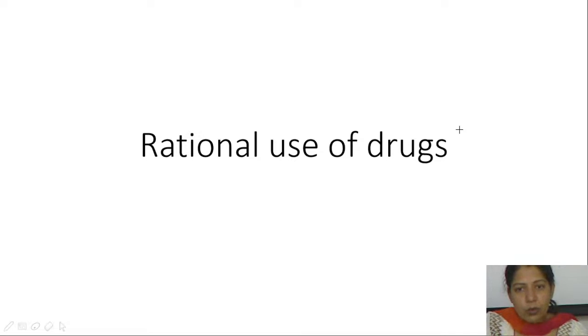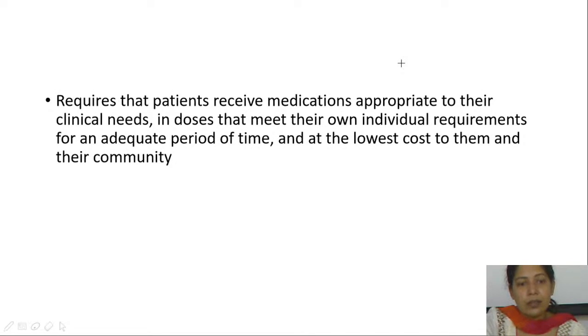Next topic is rational use of drugs. So far I talked about rationality of fixed dose combinations. So that's the rationality part of it. The rational use of drugs is defined as requiring that patients receive medications appropriate to their clinical needs, in doses that meet their own individual requirements, for an adequate period of time, and at the lowest cost to them and their community as well. So important here is appropriate to the clinical needs. That means